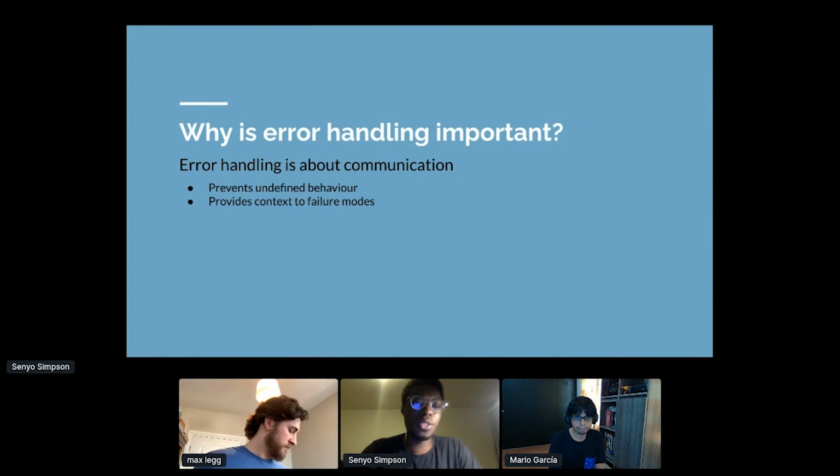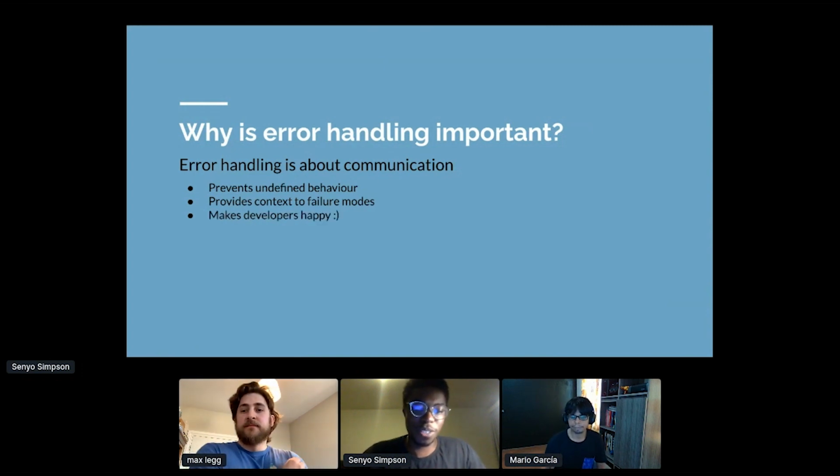It provides context to failure modes. That's understanding what's happened, where it's happened, and the surface area of failures in our programs, and again just making it easier to use our programs. And then, of course, it makes developers happy. Not writing errors, but using libraries and tools that have good errors is always enjoyable. And who doesn't want happy developers?